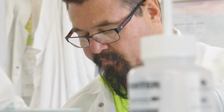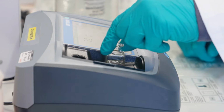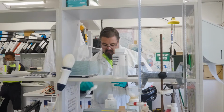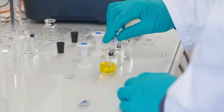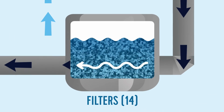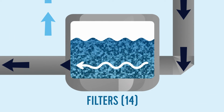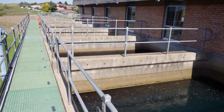Naturally occurring manganese historically resulted in discoloured water throughout the water supply system. But since this treatment step was added in 2015, this issue has largely been resolved. The next stage is filtration. There are 14 sand filters which contain different sizes of media, which is used to filter out smaller particles, including